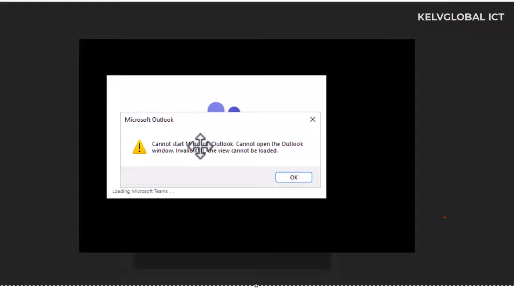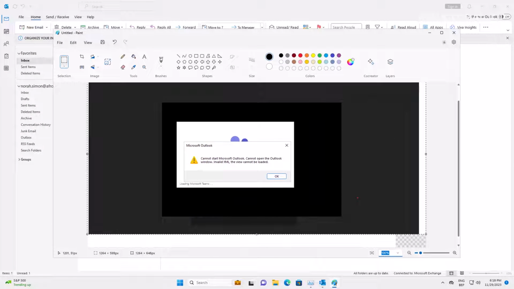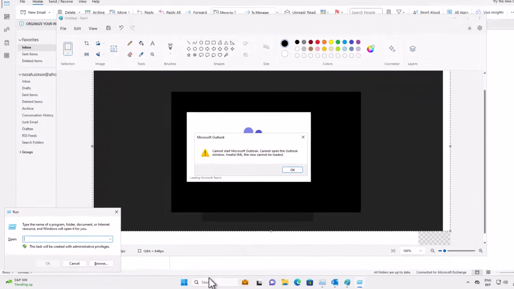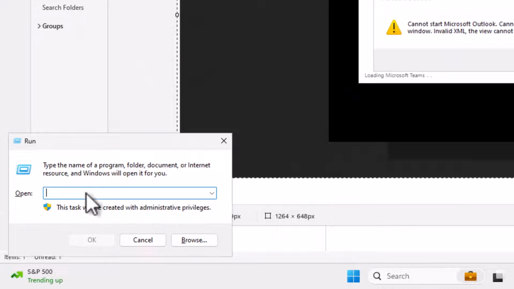The simplest way I've found to resolve this problem at my workplace is you just need to start a command prompt, for example, or we can start the run. Let me just enter run. And then from the run prompt, what you need to enter is the following. Just enter outlook.exe and then reset